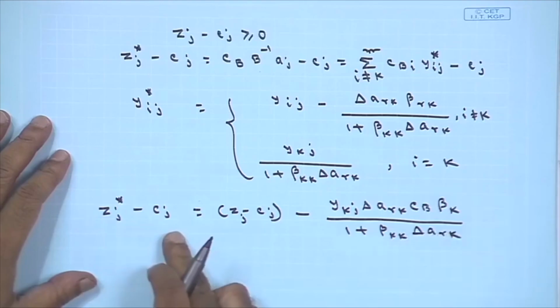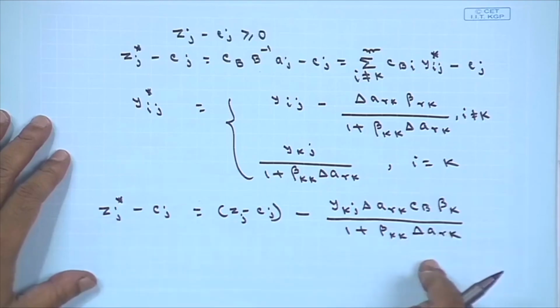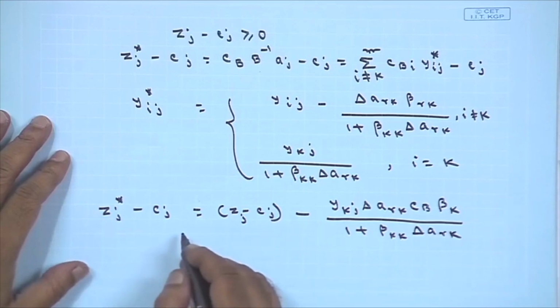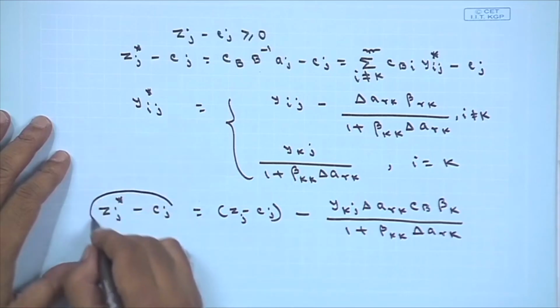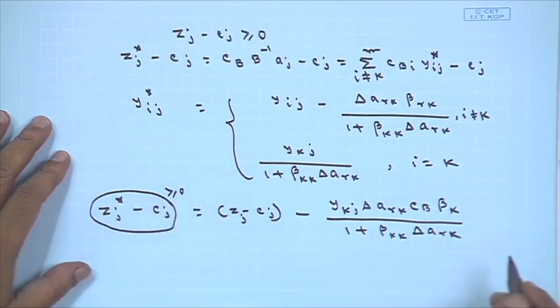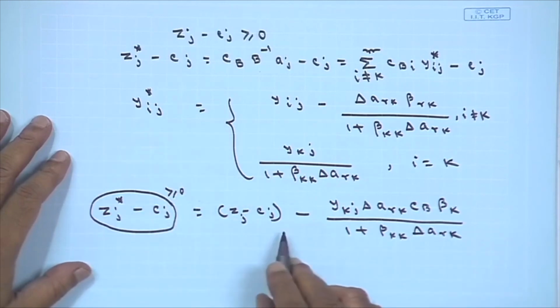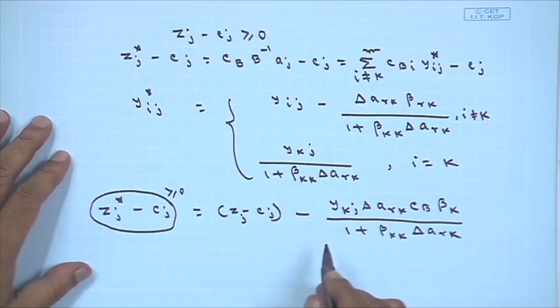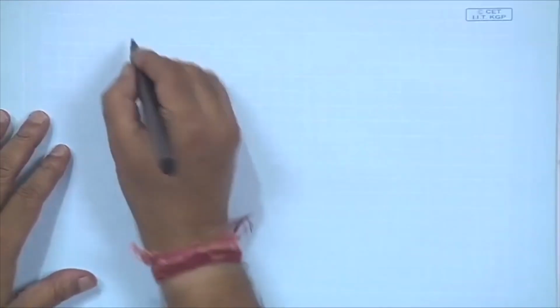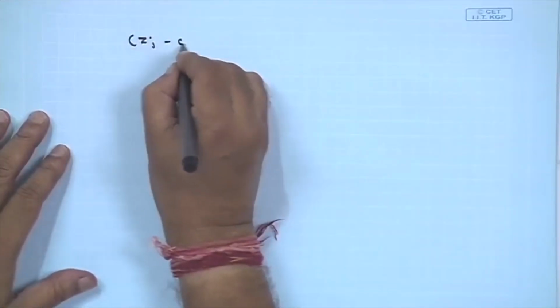So, once I am getting z_j star minus c_j, for optimality this quantity z_j star minus c_j is greater than or equal to 0, or in other words z_j minus c_j into delta a_rk should be greater than or equal to 0, which implies your z_j minus c_j